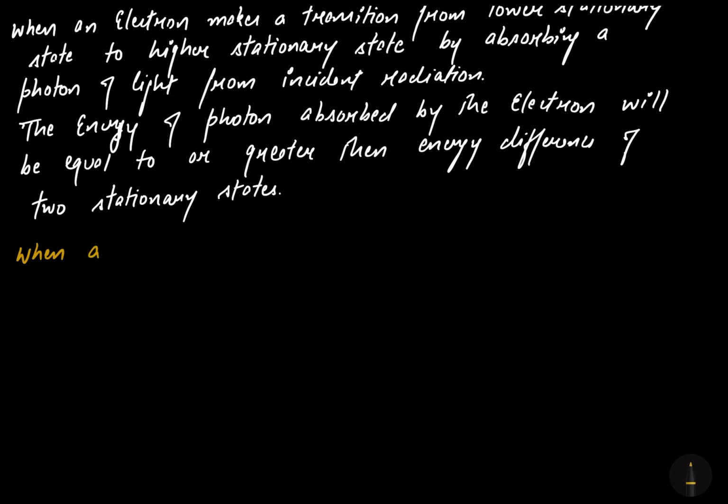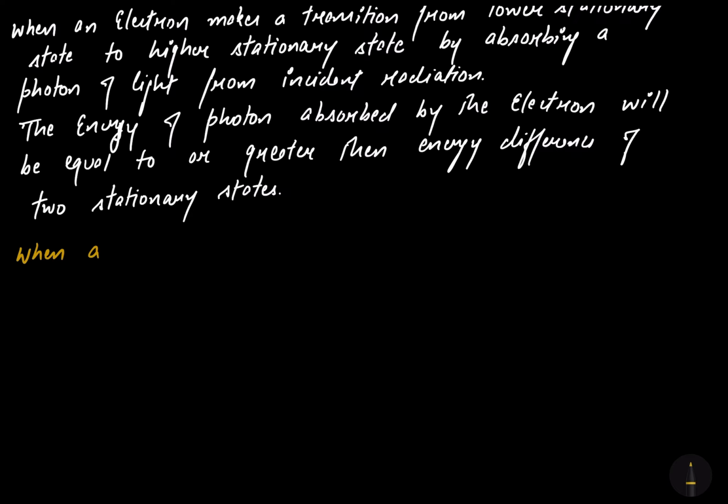Then the transmitted rest photons are made to strike on the photographic plate. So obviously the impressions will be there on the photographic plate, but some impressions will be missing of the photons that have been absorbed by the electron. So that missing impressions will be the dark lines against the bright background, and that's the spectra and termed as